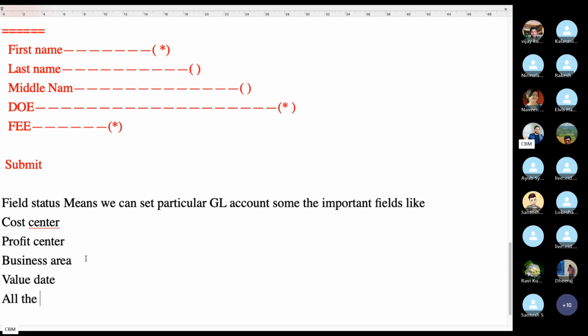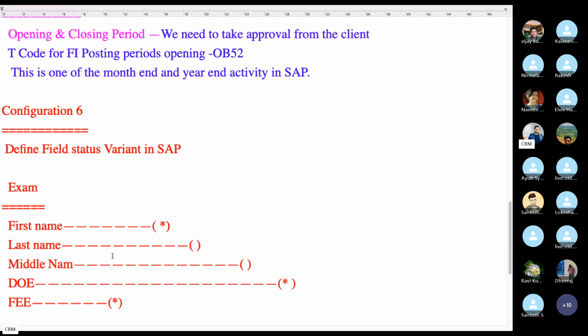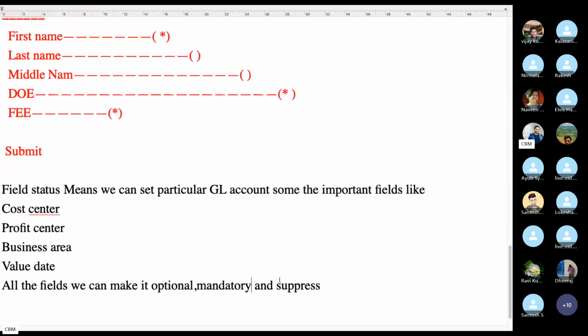All these fields we can make optional, suppress, and also mandatory in SAP. And this field status is connected with